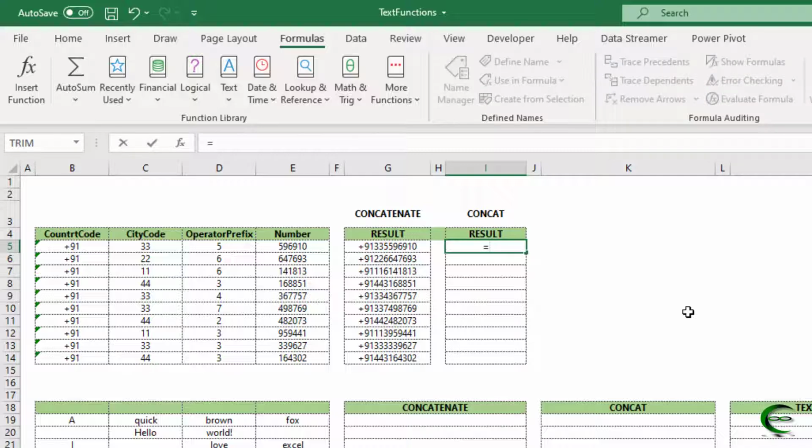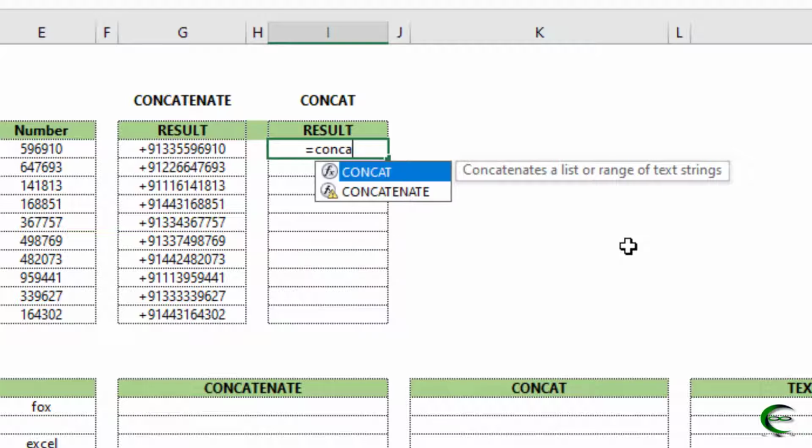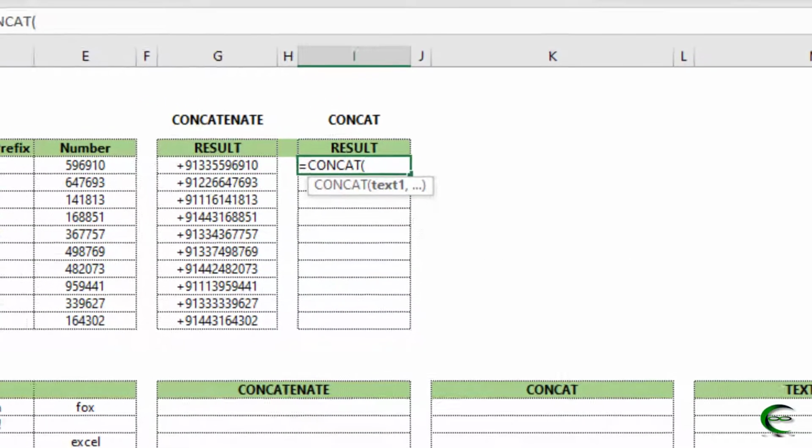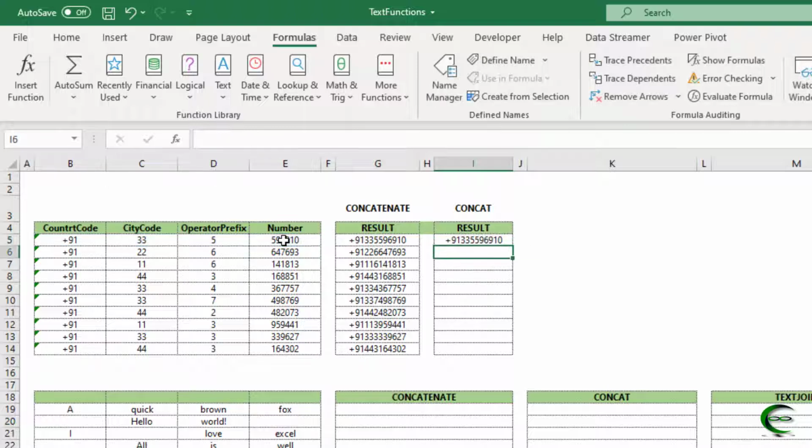In CONCAT you can select a range. No need to select individual cells. We can select this range B2 to B5 in one go. Press enter and your result is ready.